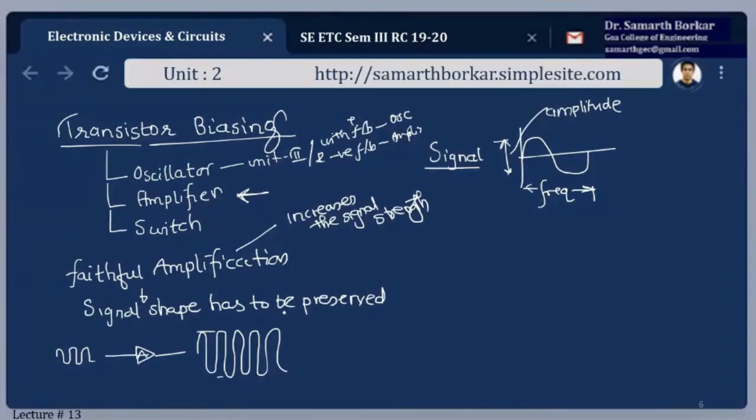A simple example is the public address system. A person speaking on a mic. What is that mic doing? It is capturing your sound signal or voice signal, and converting it to electrical pulses, an electrical equivalent signal. Those electrical signals are then fed to the transistors, and the transistor amplifies, and then it is given to the speakers, maintaining that load resistance. Impedance has to be maintained.